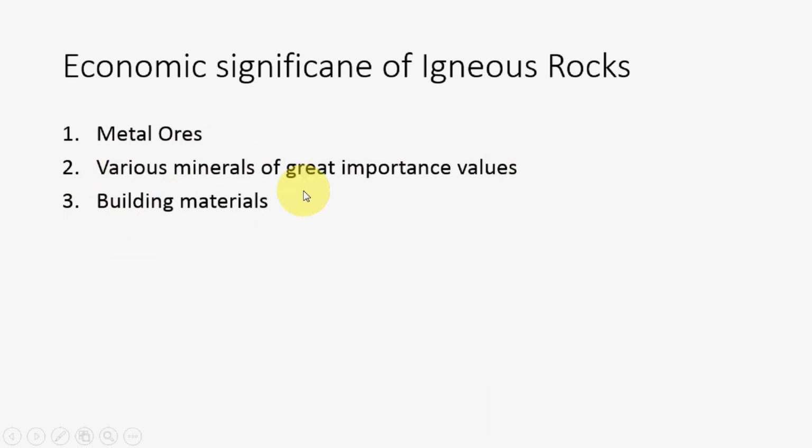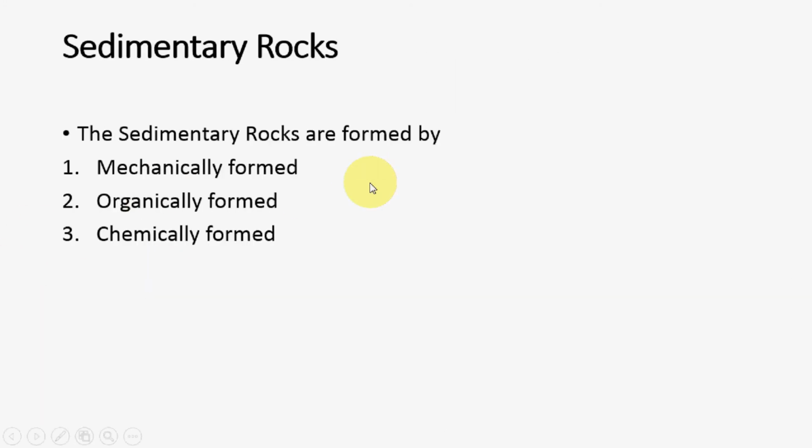They also form part of building material, as they come in very beautiful shades because they have different structures and colors. Because of that, they may also be used in building materials. So this is what we have defined. We got the information about igneous rocks. Now the next rock is the sedimentary rocks.